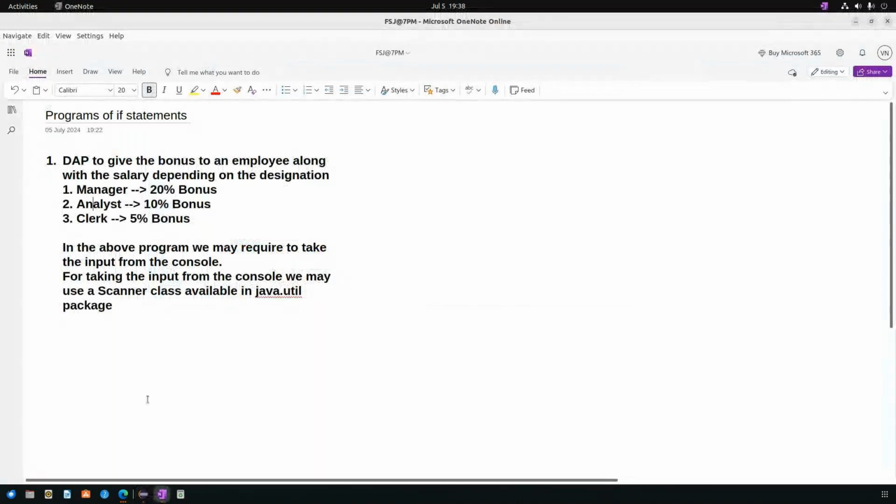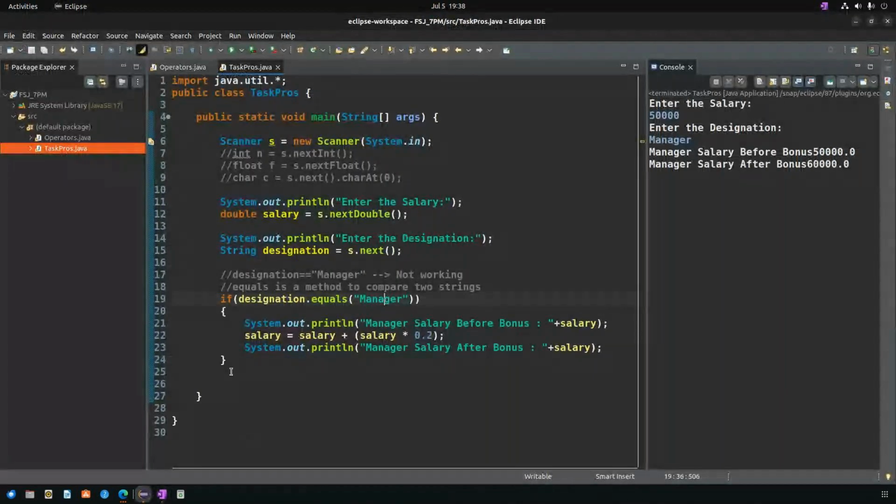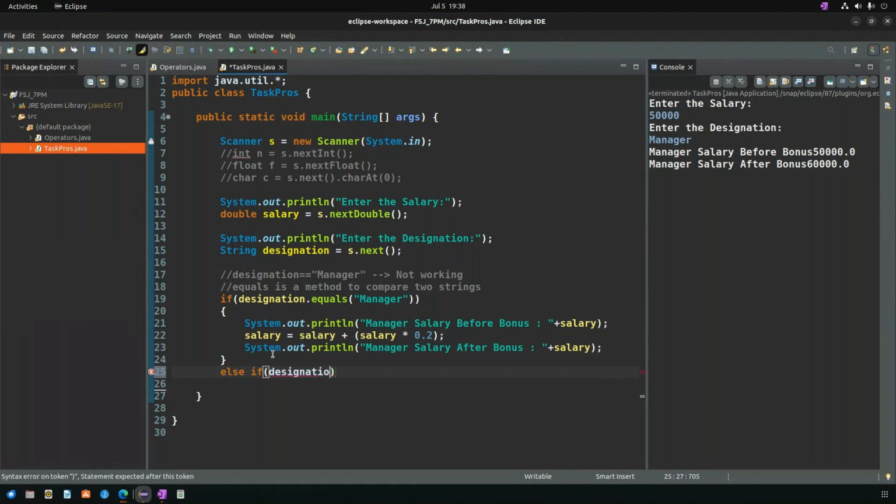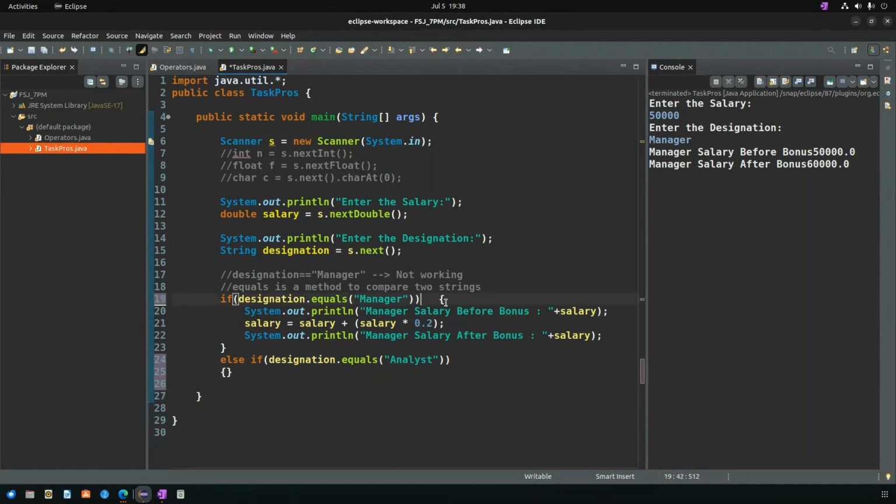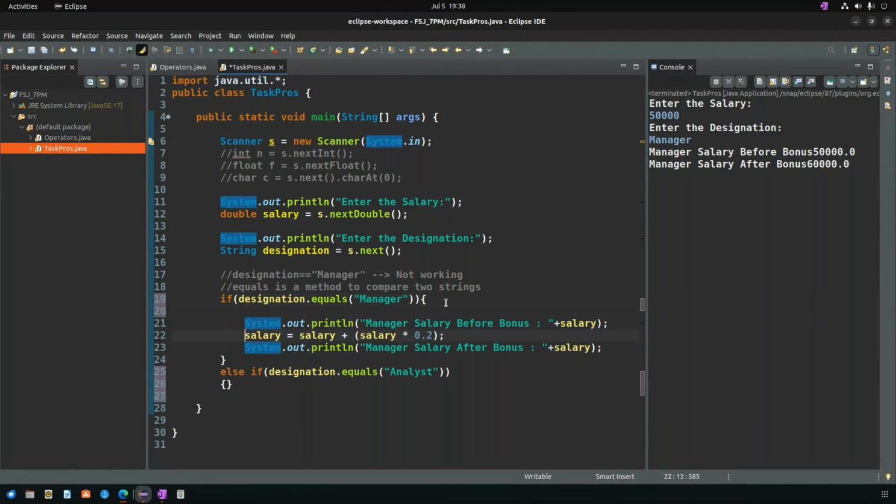Analyst. If he is an analyst, then else if, so what do you write here? Designation dot equals analyst. If it is analyst, how can you go for it? If he is an analyst,